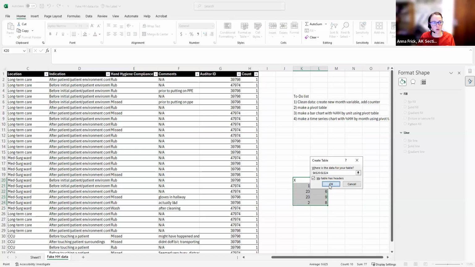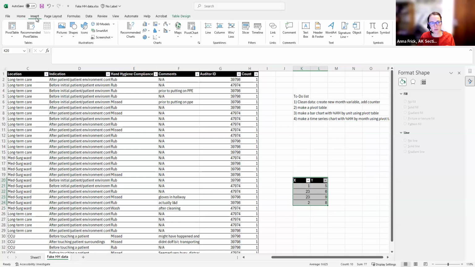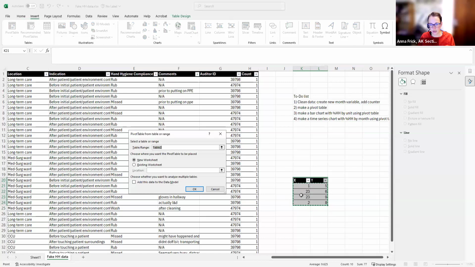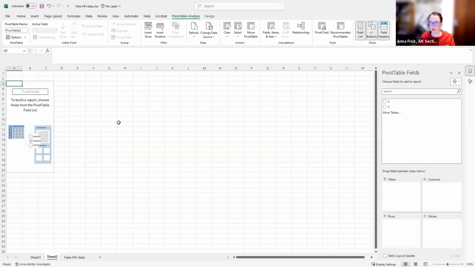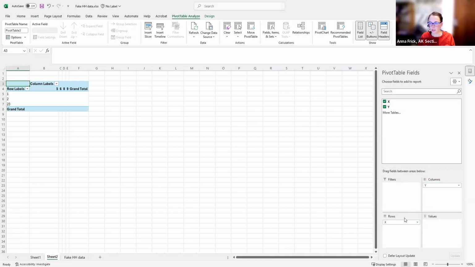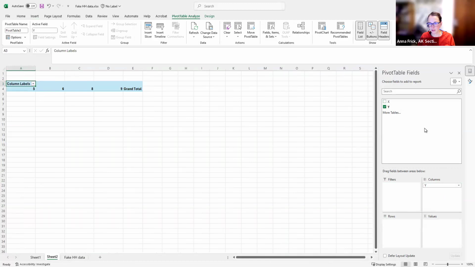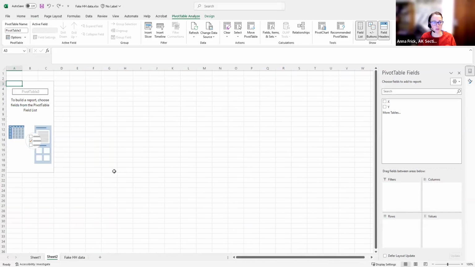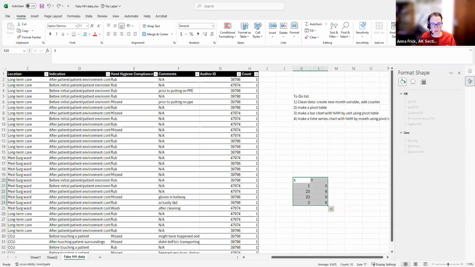There we go. And now when I go to Insert, the insert option up here in the ribbon, if I click PivotTable, I know that it's got this one over here because it's highlighted in green and because it's named Table2. I know that's the second one that I made. So then it'll open in a new worksheet, I tell it okay, and now it has made me a new, very dumb little table. So that's how you do that one. Do you want me to show you again? I can substantially more easily undo my way through that one if you want.